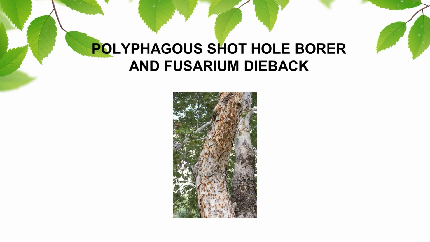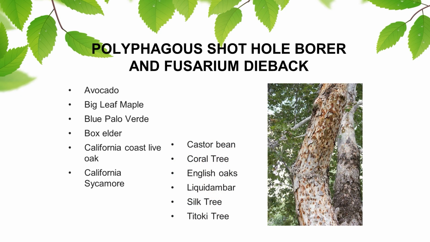The next potential pest problem, Polyphagous shot-hole borer and Fusarium dieback, is a complex which involves both an insect and a disease. Polyphagous shot-hole borer host trees. There are over 60 known host trees for the Polyphagous shot-hole borer, including avocado, big leaf maple, blue palo verde, box elder, California coast live oak, California sycamore, castor bean, coral tree, English oaks, liquid amber, silk tree, titoki tree,